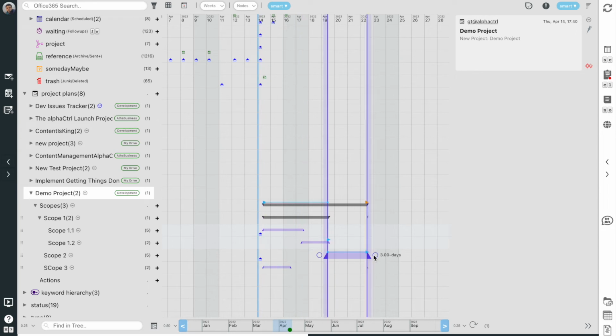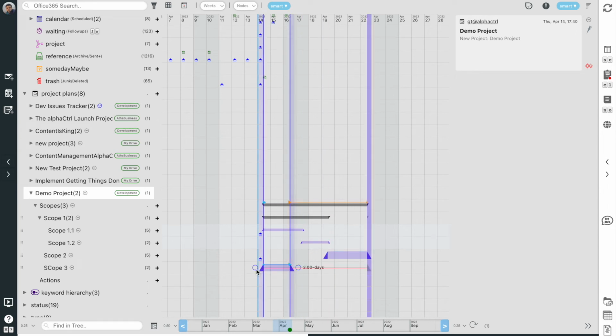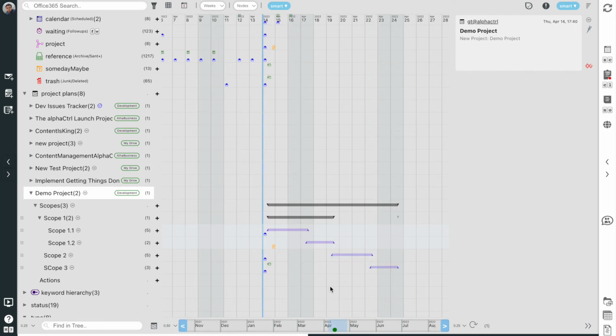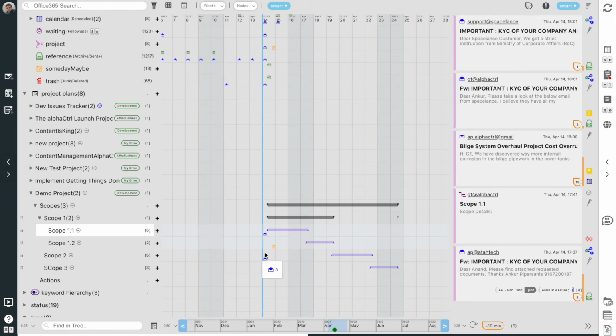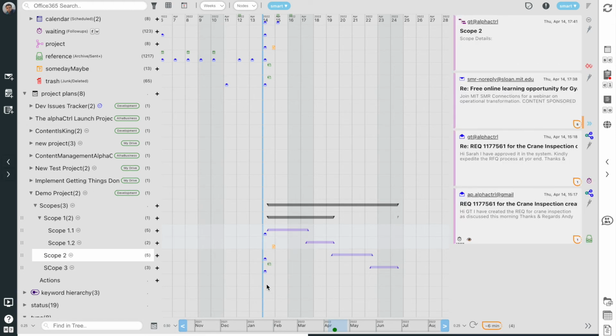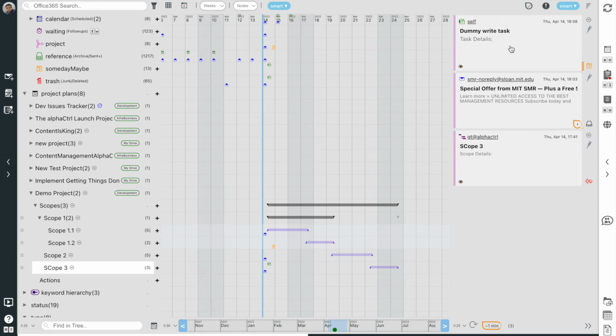Not only does the Gantt pane show me Gantt timelines, but also helps visualize my entire information stream, comprised of emails, tasks, events, and files, on this timeline. Imagine all your project conversations, related emails, and files, connected to the correct project scope, visualized against the project timeline, like this. This layout intuitively tells me which projects have ongoing activity, and which have fallen silent, and are likely to fall